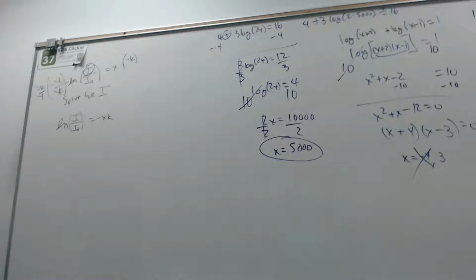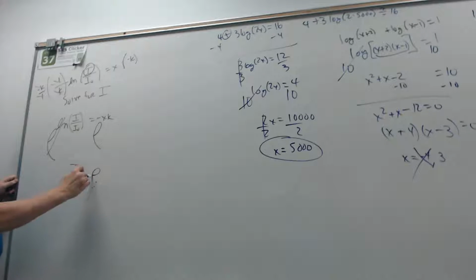Okay, good first step. Then we multiply both sides by e. What'd you say? Multiply both sides by e. We're not multiplying by e, we're doing the anti-logarithm. One way you can think of that is to put a giant e and put that in the exponent, right? Yeah. So that's going to become I over I naught equals